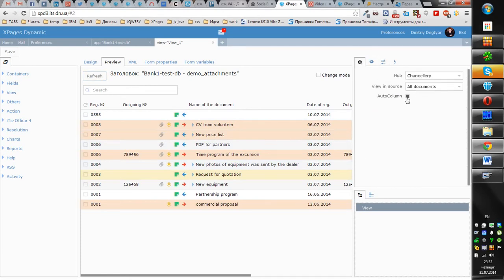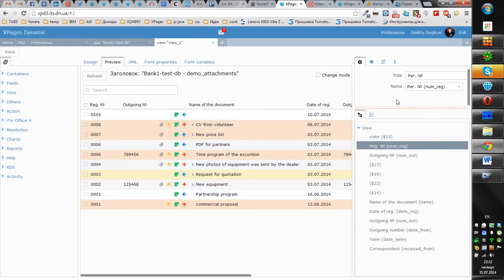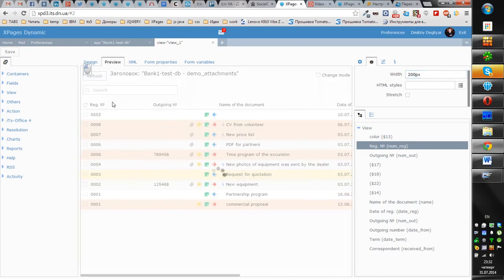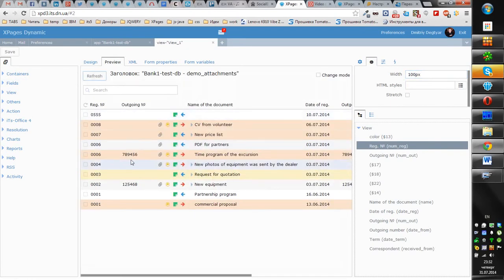I go to these outer columns, and when I try to change the width of this first column, for example, I take the reg number column, and I can change the size of this column. You see it becomes bigger, wider. I return the settings, and